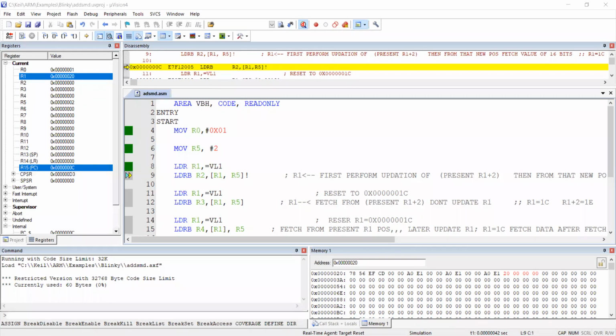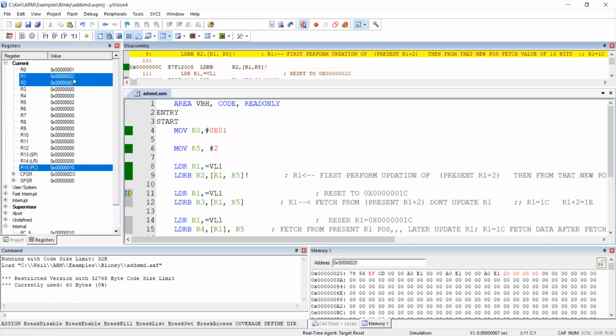R1 is right now 20. It is going to be 22, and R2 right now is 0, and R2 is going to be EF. Okay, this is the answer. So R1 here 22, R2 will be EF.